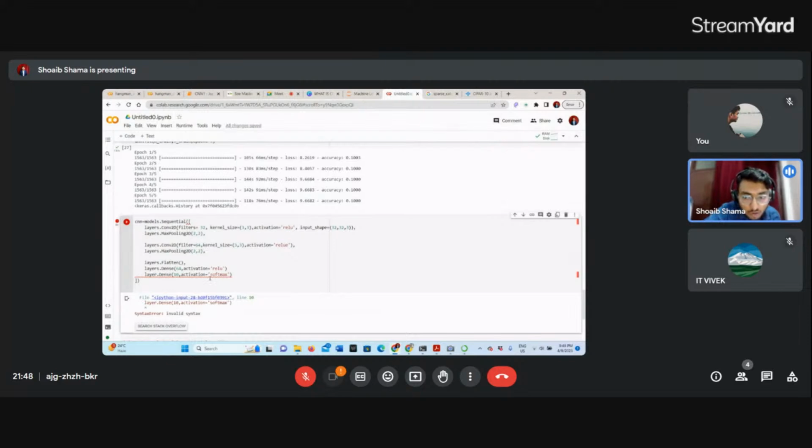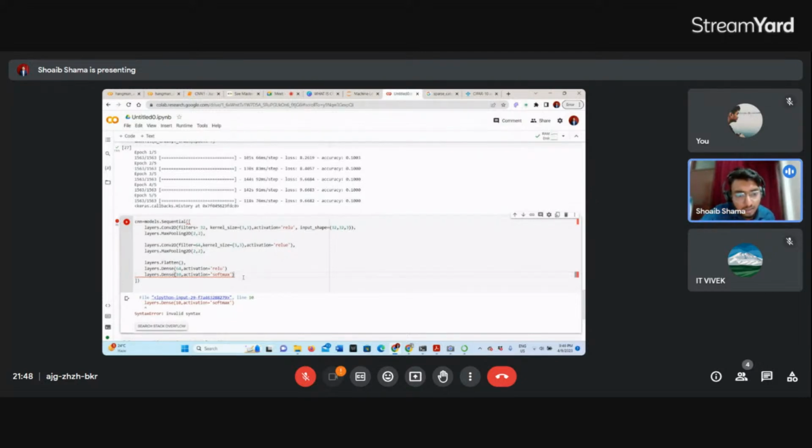Activation is equal to softmax. Layers, it's layers, that's funny. Okay. Layers.Dense, activation. Why is it showing wrong? I am not able to understand.